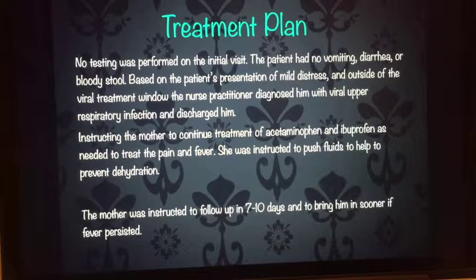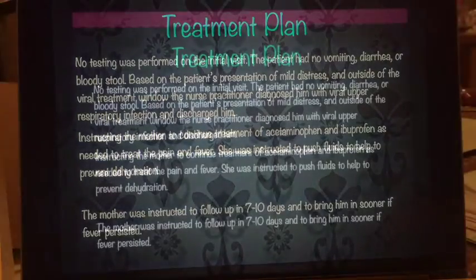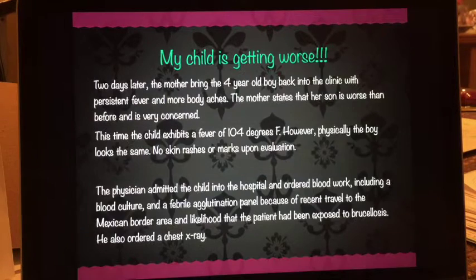She instructed the mother to continue treatment of acetaminophen and ibuprofen as needed to treat the pain and fever. She was instructed to push fluids to help to prevent dehydration, and the mother was also instructed to follow up in 7 to 10 days or to bring the child in sooner if his fever got worse or persisted. And if the fever persisted or got worse, we're going to move on into